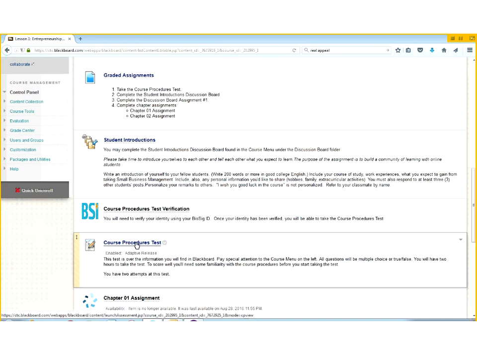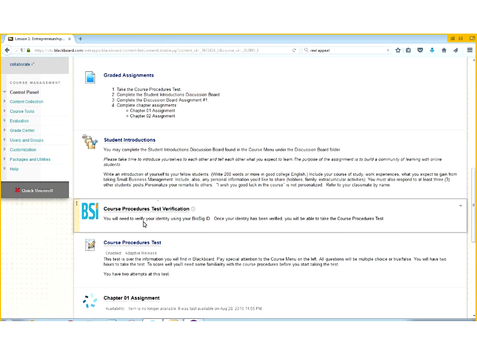Going further down, you have the Course Procedures Test. This is a graded test. I'm going to tell you how to pass it. Print syllabus page 1, print syllabus page 2, put them in front of you. Read the syllabus, take the test, then answer the questions. There are some simple questions like, where's the instructor from? And if you haven't figured out I'm from Texas, then you just don't pick up my nice Texas drawl. So you take care of that.